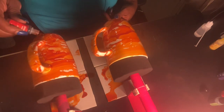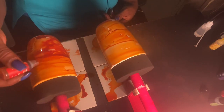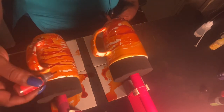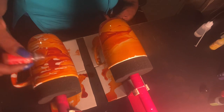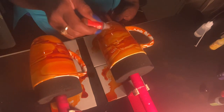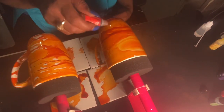The bottoms are covered pretty good. You can't see it, but I'm just touching. And it's okay if it's not on every ounce, every inch of the mug. All right, so I like that. That one is really covered. This one,